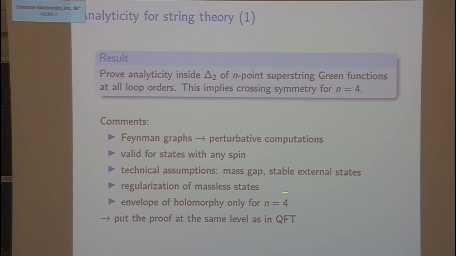To reach this, we need to regularize the massless states. The simplest way we did it is to insert a projector over the massless states and consider the part of the amplitude where all the massless states have been projected out. In this way, this part of the amplitude has exactly the same properties as the amplitudes people were looking at in QFT. It also means that the part of the amplitudes for which we cannot prove analyticity, or say anything, is exactly the same thing you would get in normal QFT. So the problem of completing the proof for massless states has nothing to do with string theory, it's just a QFT question.